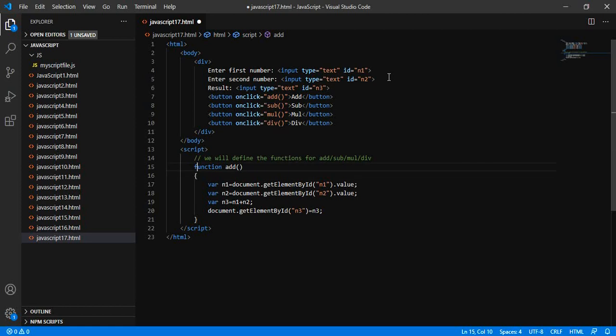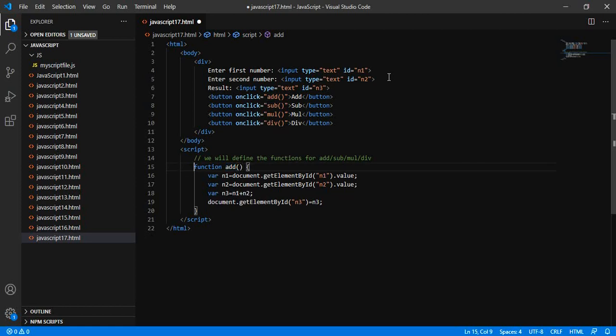Let me copy and paste this method, as we have to only change the operator sign.